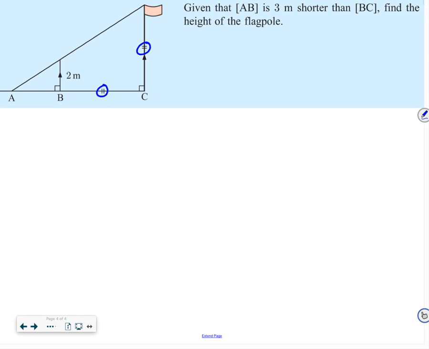So if I let BC equal x, okay, then this is equal to x, okay, and AB is 3 meters shorter than this. This is going to be equal to x minus 3. Okay, so because I have similar triangles here, and I know that because I have parallel lines, okay, and I have a right triangle, okay, so I know that this angle is congruent. Okay, I can go ahead and set up the proportion that for the small triangle,